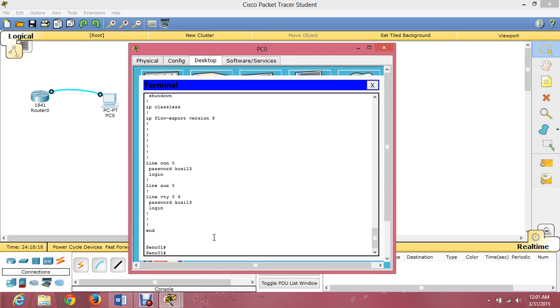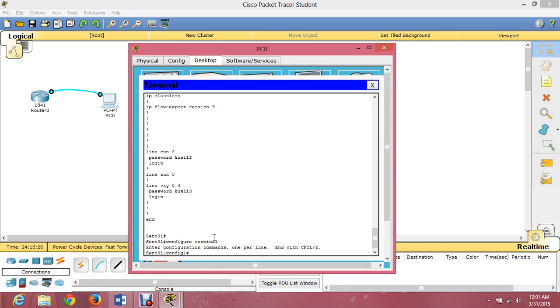Just type configure space terminal, enter. We enter the global execute mode, and we will create an encrypted password.